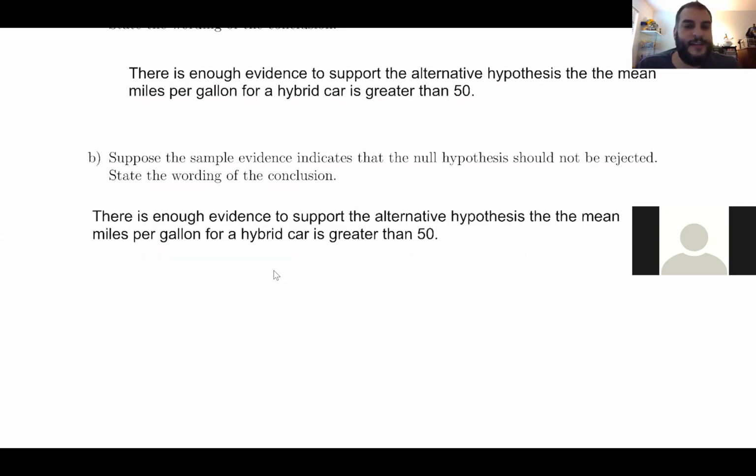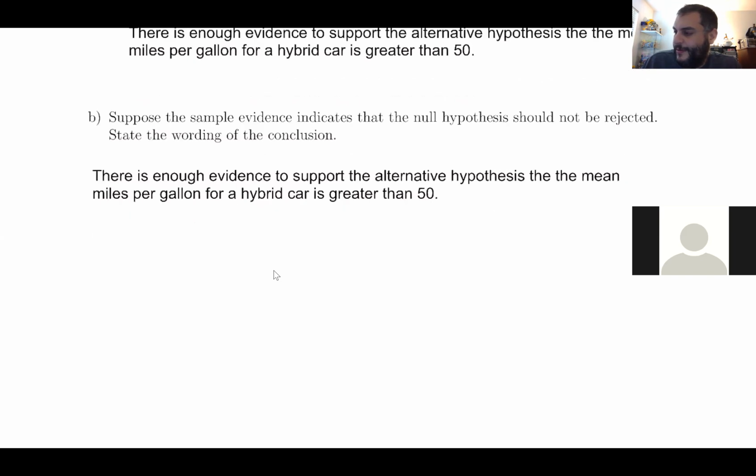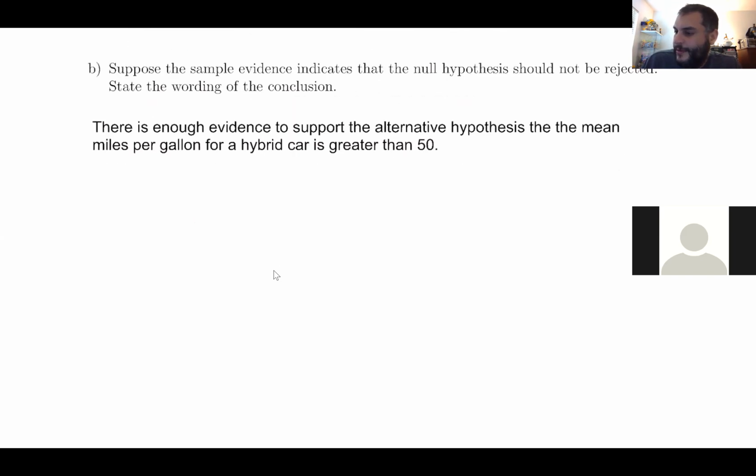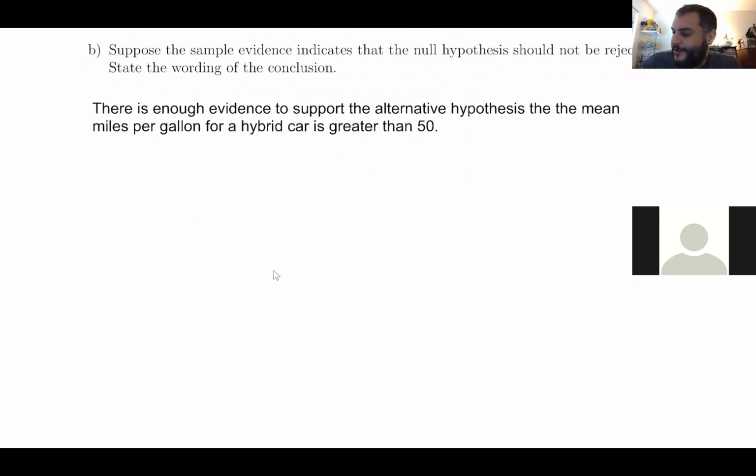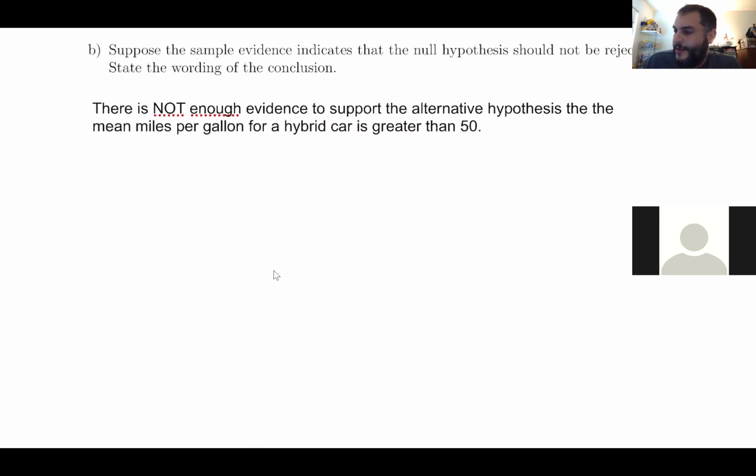Since they're stating the null hypothesis is correct, remember, we're never going to say that the null hypothesis is correct. For this one, we're going to say there is not enough evidence to support the alternative hypothesis that the mean miles per gallon for a hybrid car is greater than